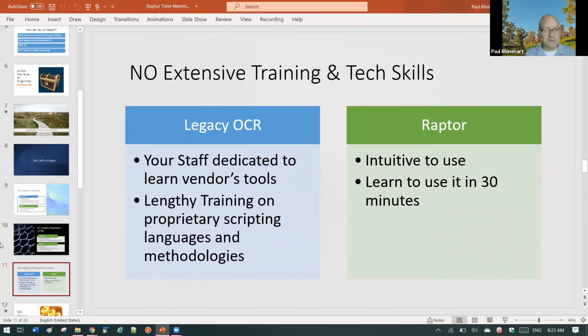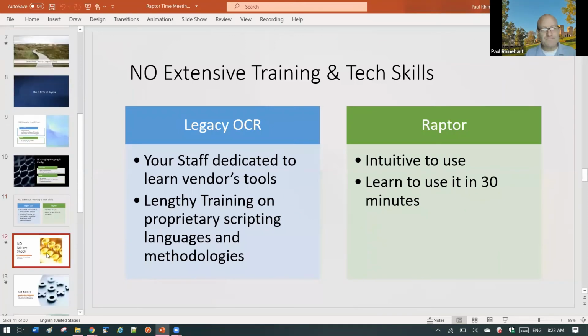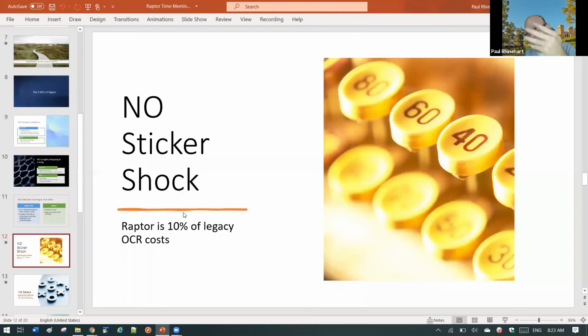So let's go to the fourth no of Raptor: no sticker shock. Because of this dramatically different approach that Raptor uses, the cost is also significantly lower. Raptor is roughly 10% of the cost of legacy OCR systems. OCR is very underutilized